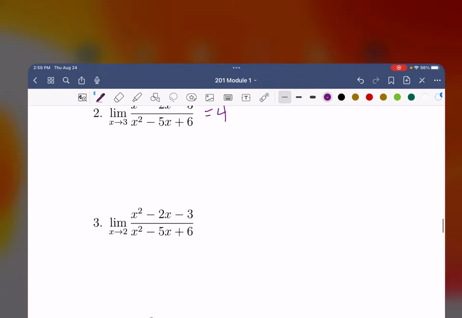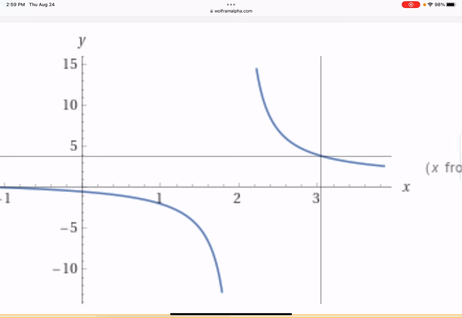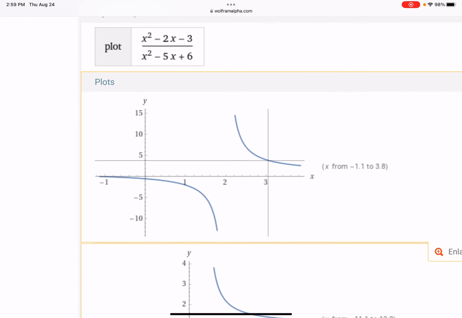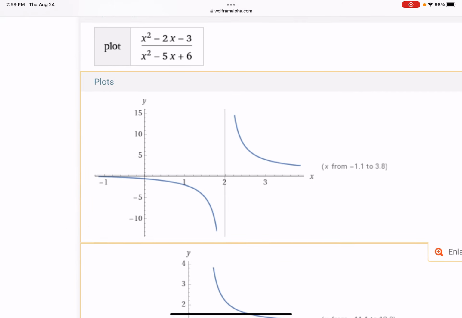All right, the next one, number 3, where it's the same graph, so I can stay on this graph, but the limit value changed. So now we're going to x equals 2. Uh-oh, take a look at what happens at x equals 2. If I approach from the right, if I'm following the blue line from the edge towards that gray vertical line at 2, notice that the blue values go up along that line. And on the left, those go down. So when it goes up, that means your values are going to positive infinity. On the left, when it goes down, it means they're going to negative